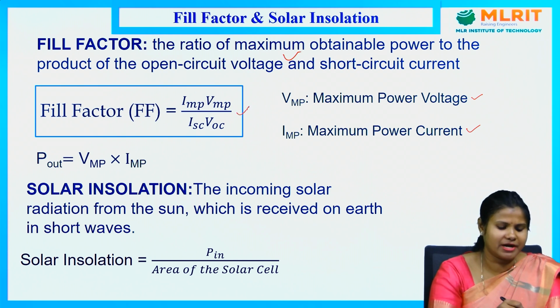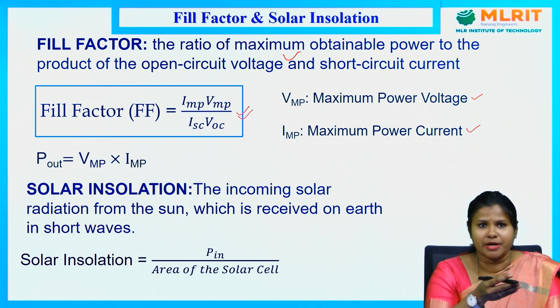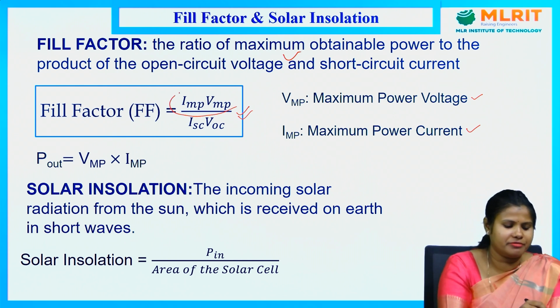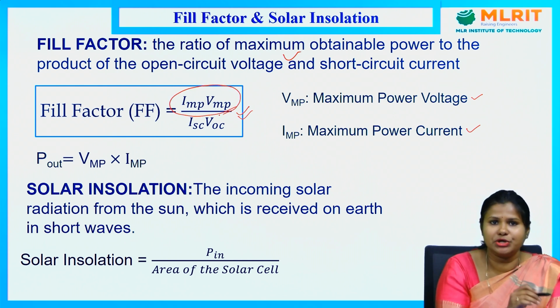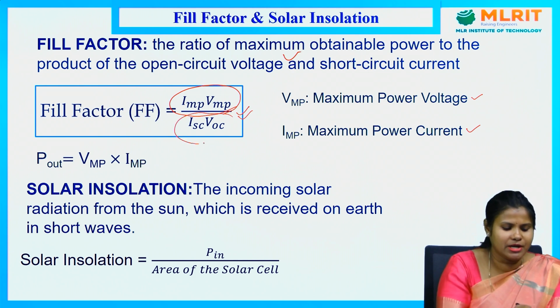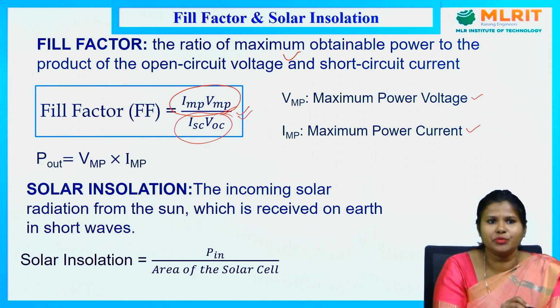Now this fill factor is defined as the product of IMP into VMP divided by the product of ISC into VOC. This is the ratio of maximum obtainable power, which is the product of IMP into VMP, divided by open circuit voltage into short circuit